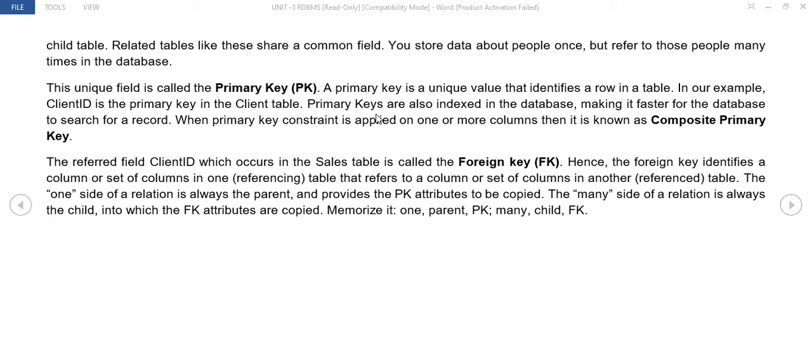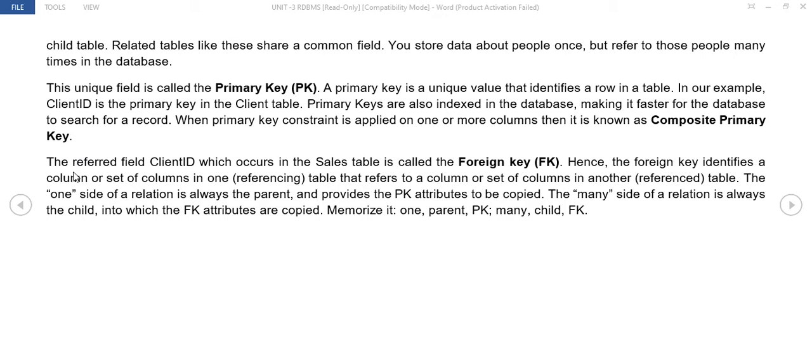Primary keys are also indexed in the database, making it faster for the database to search for a record. When a primary key constraint is applied on one or more columns, then it's shown as a composite primary key.